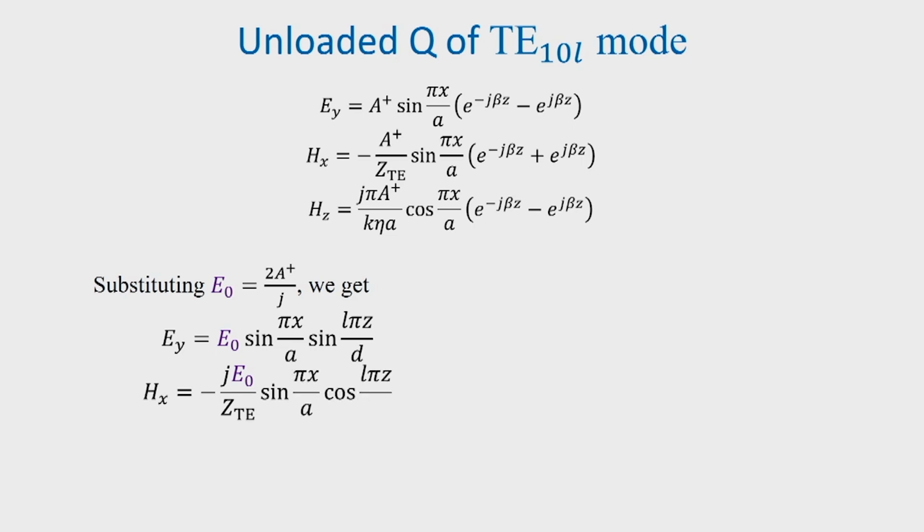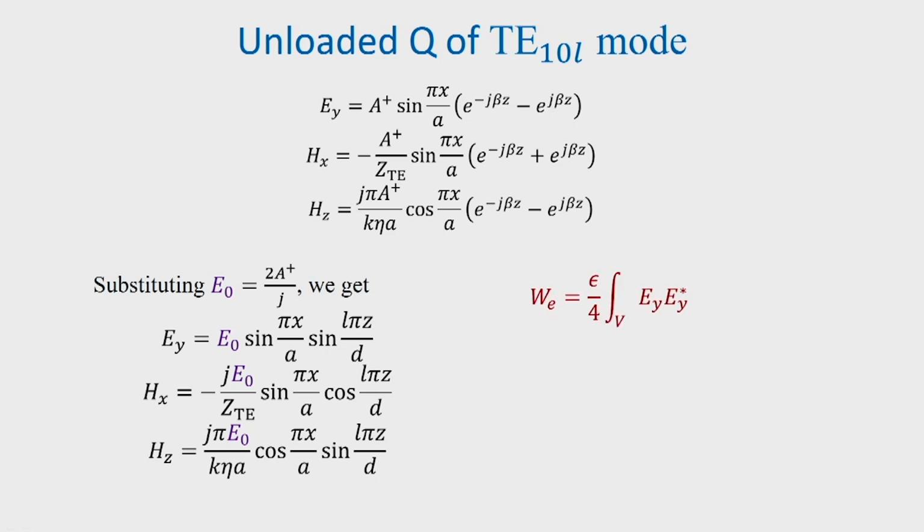Similarly, we can write Hx to be equal to minus j E naught by Zt sin(pi x by a) cos(l pi z by d), and Hz is j pi E naught divided by k eta a cos(pi x by a) sin(l pi z by d). So, once we have these field components written in this form,